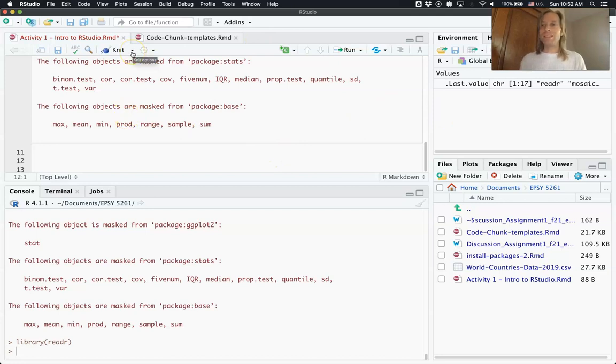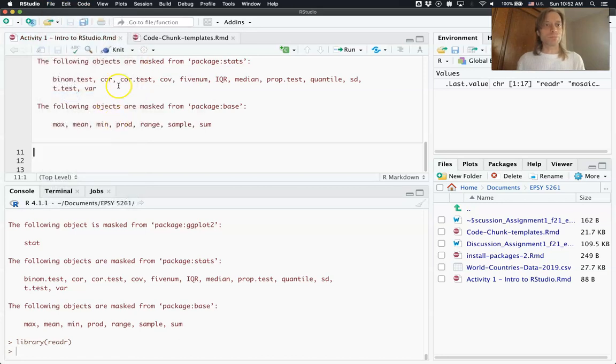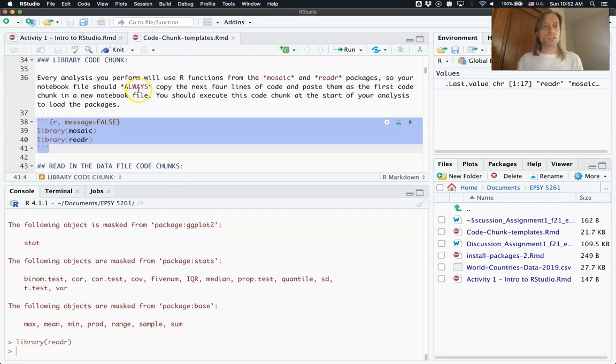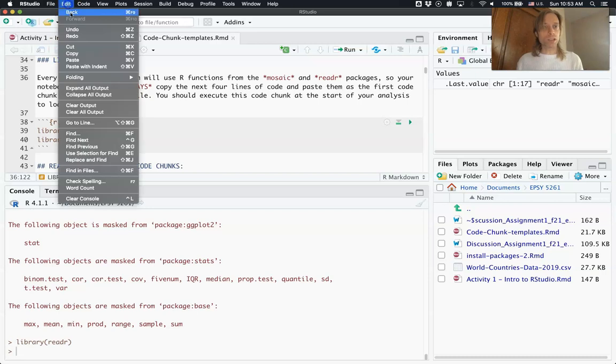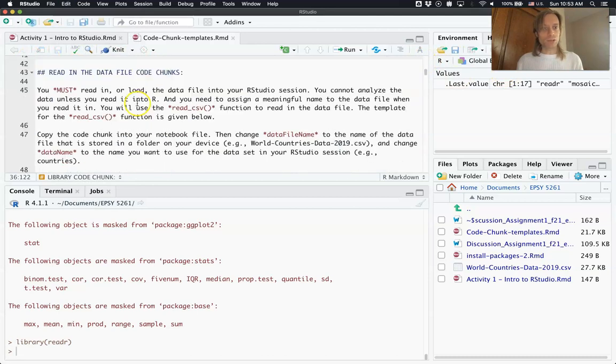So how do we read this in? Once again, I'm going to save it before I do that. Notice I have that asterisk there. So it's a good reminder to save regularly so that I don't lose any of my work. So I search again for the read in the data file code chunk, which happens to be right after the library code chunk. I could search for it using the edit find, but since it's right there, I'm just going to scroll down a little bit